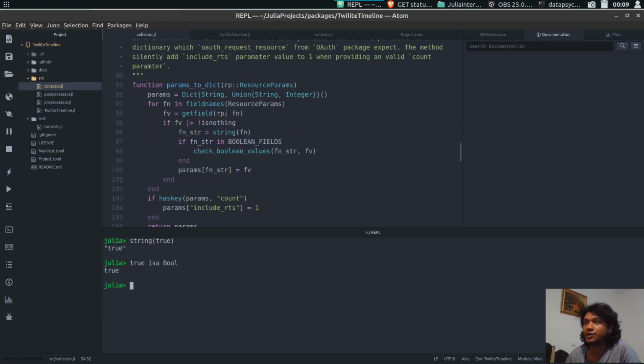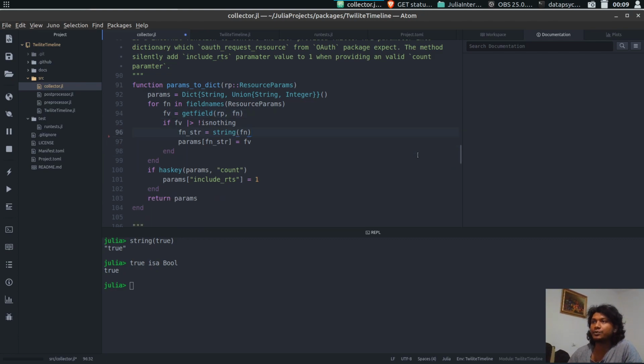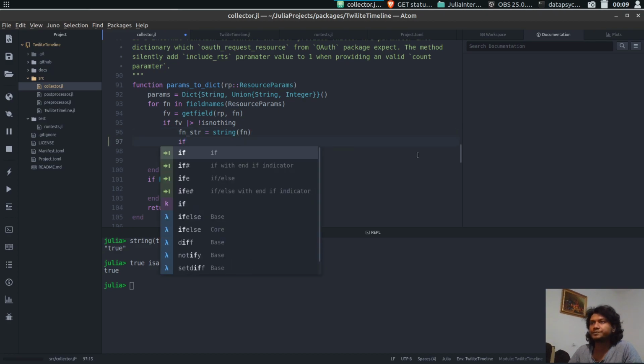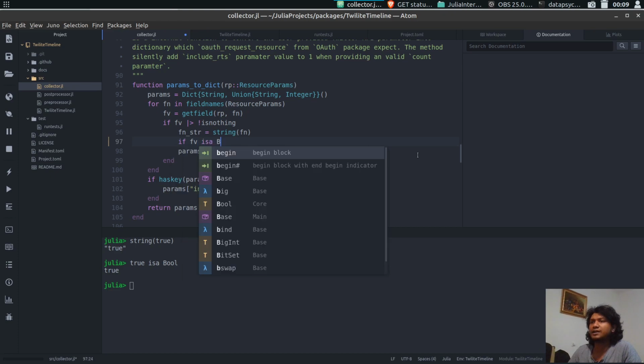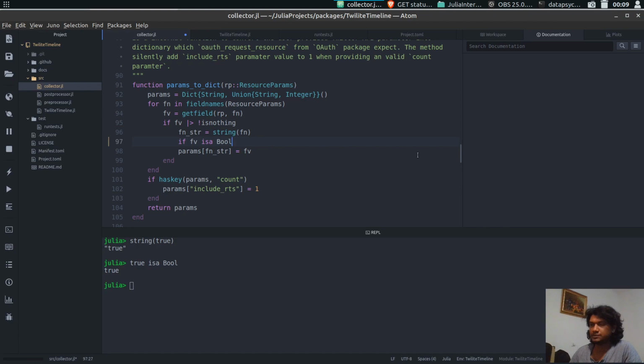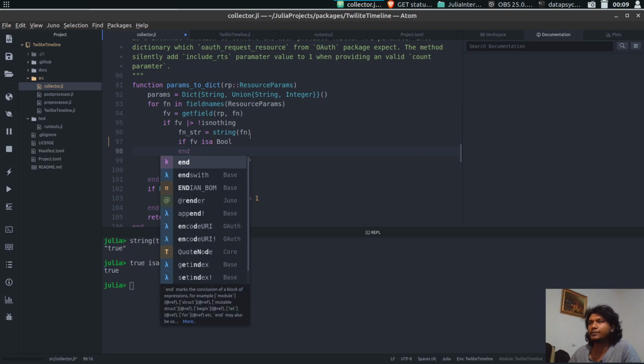So what we will do, first we get the field value here, and then if the field value is not nothing, we put that field name in the string, and then we check it. So here we don't need to check that anymore. Rather, what we have to do is another if the field value is a Bool. So what we do, we end it, and